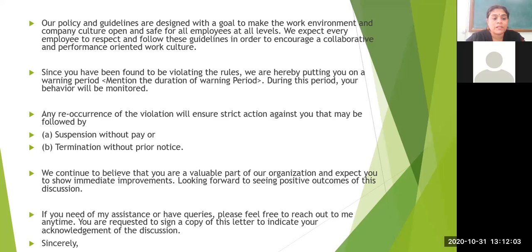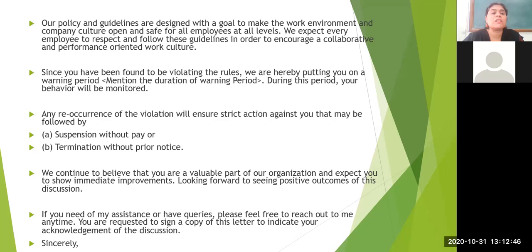So this is very, very important: the company, till the last moment, keeps faith in that employee's behavior. He joined the organization, and maybe after 1 year, 2 years, he's committing something against the company's policy. But the company shows faith, and the last line is a very important line: if you need my assistance or have queries, please feel free to reach out to me anytime. So the higher authority, on behalf of the company's managing board or CEO, is giving an assurance that in this critical phase,